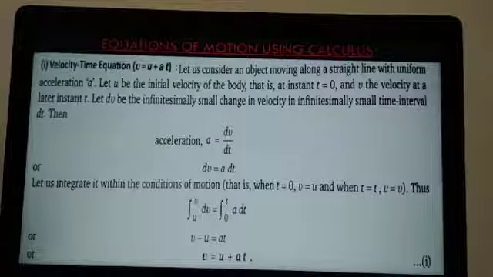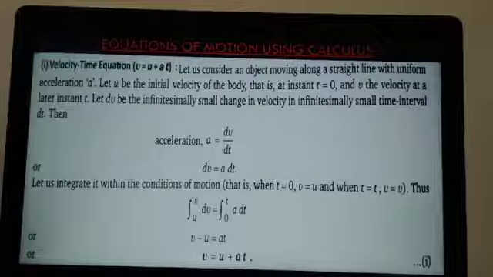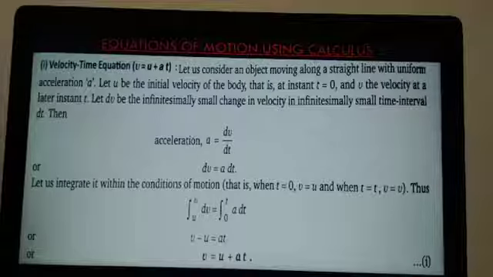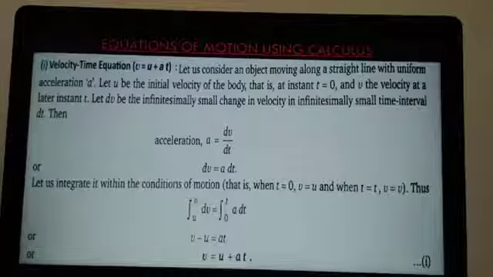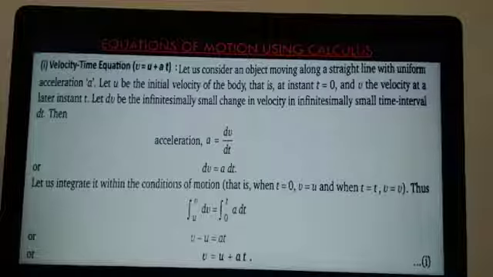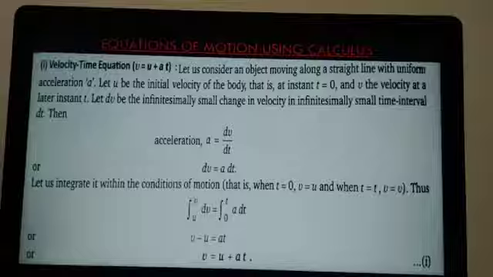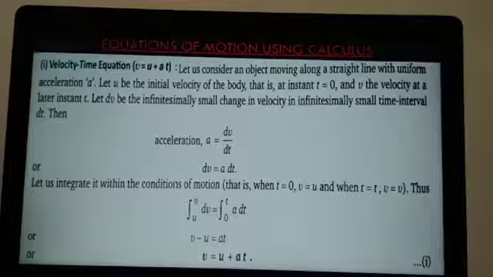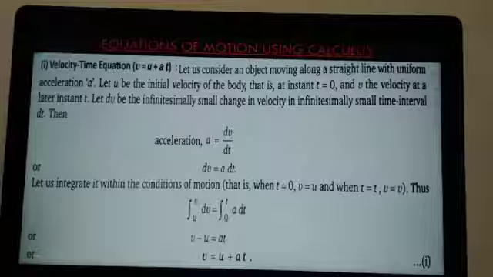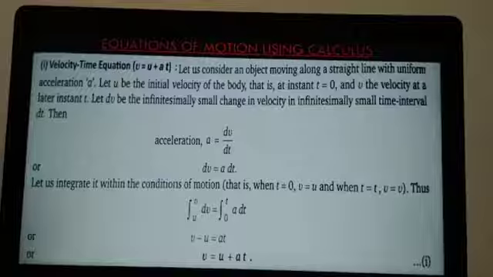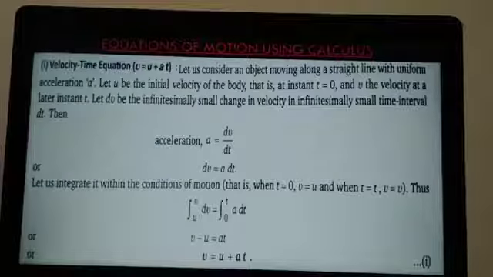So integral dv is equal to integral a dt. And I already told you it's a definite integral because your observation is from 0 to t. So on the right hand side we are having dt. The variable is t, and t is changing from 0 to t. So its lower limit will be 0 and its upper limit will be t. So on the right hand side you express integral 0 to t a dt. 0 is the lower limit and t is the upper limit.